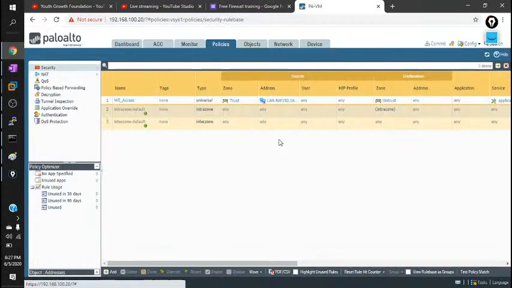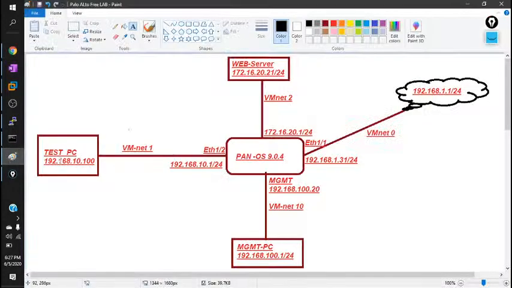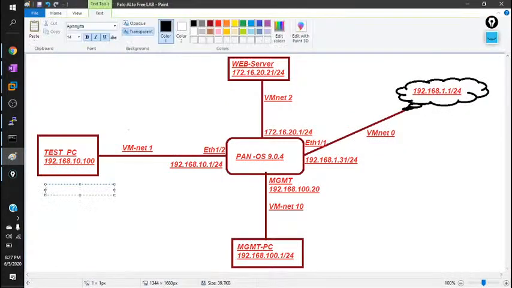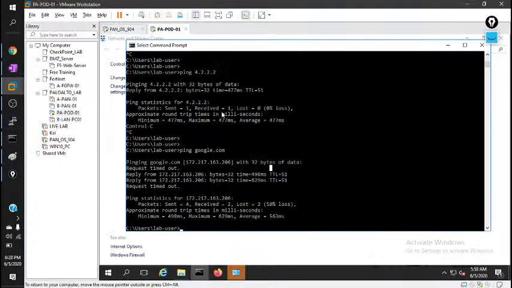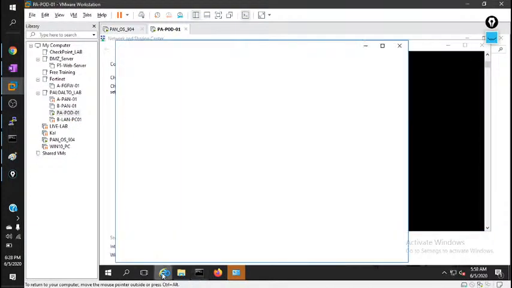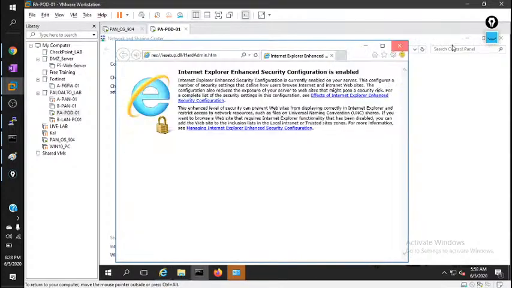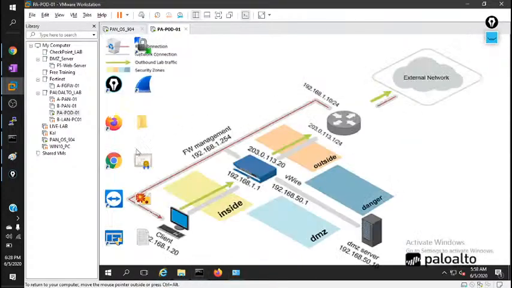Now I have one question for you. Suppose I want to access google.com from this PC. I think right now I am able to access Google. Let me try to open it on this PC, not on this browser, not the Chrome.